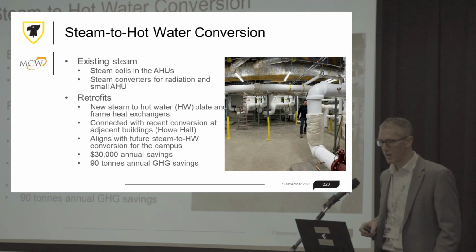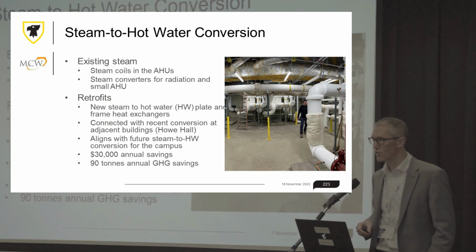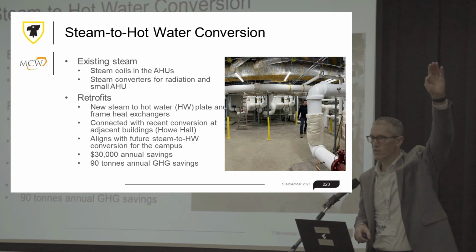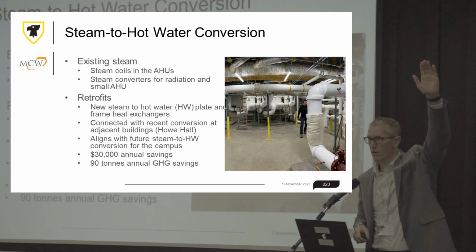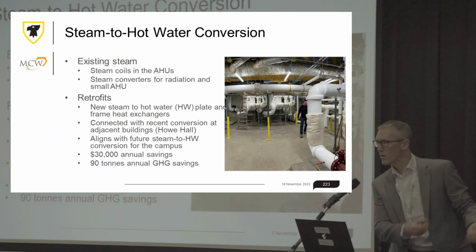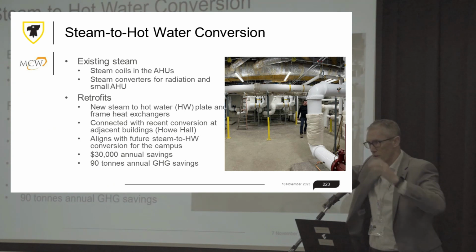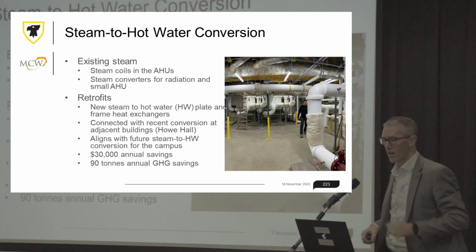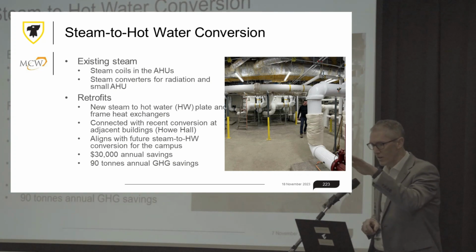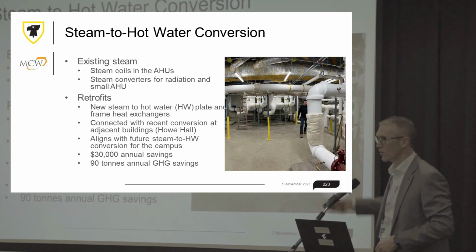And so we did put in hot water heat exchangers in the basement, and it's connected with the recent conversion at the adjacent buildings. Who remembers slide 177 of today's presentation? Anyone? When Ray presented that picture, the aerial view that showed Howe Hall just to the north and chemistry off to the left. So Howe Hall is now connected, and so it comes back to here, and coincidentally, the